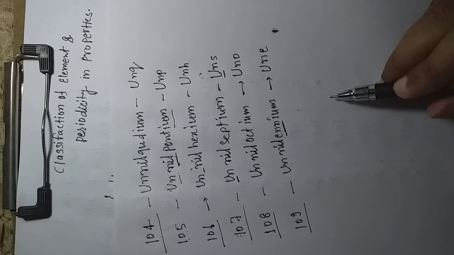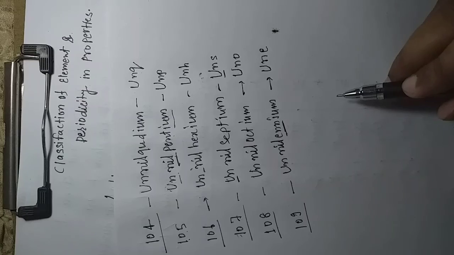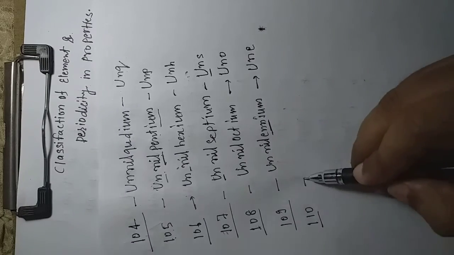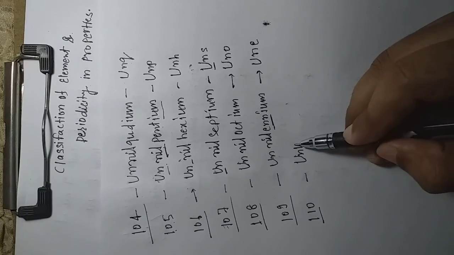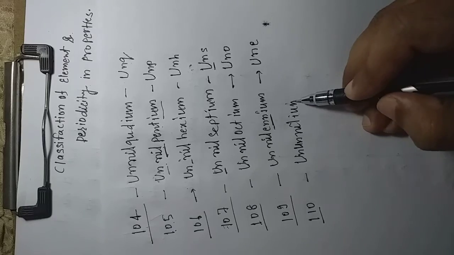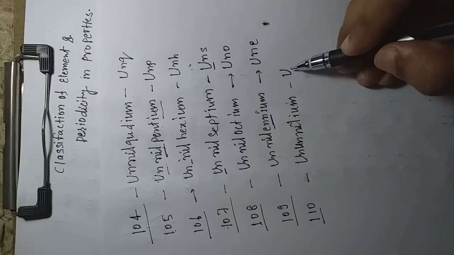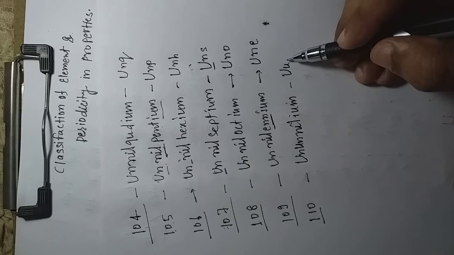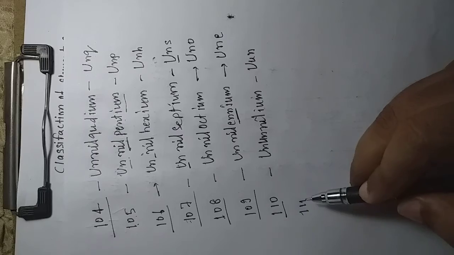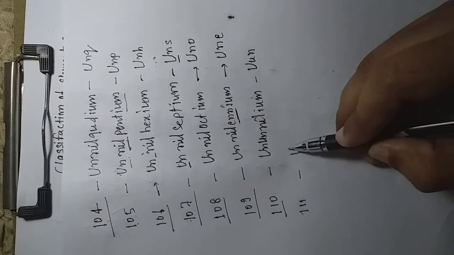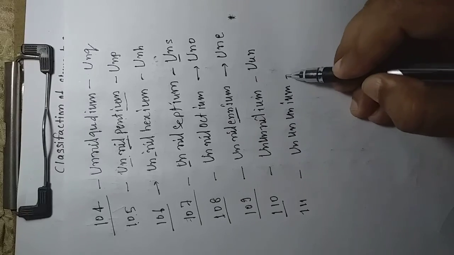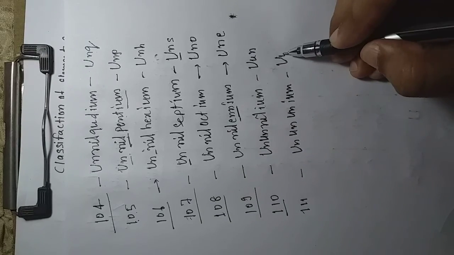Be careful whenever you are writing for 7. Be careful. 4, you have to be very careful. 110 you can write with un. Again you are using un, nil, ium. And whenever the representation is required, U, a smaller n, and then we can use n. Correct. Then you can use for 111, it is un, un, ium. So like that you can try, and hoping you will do it.